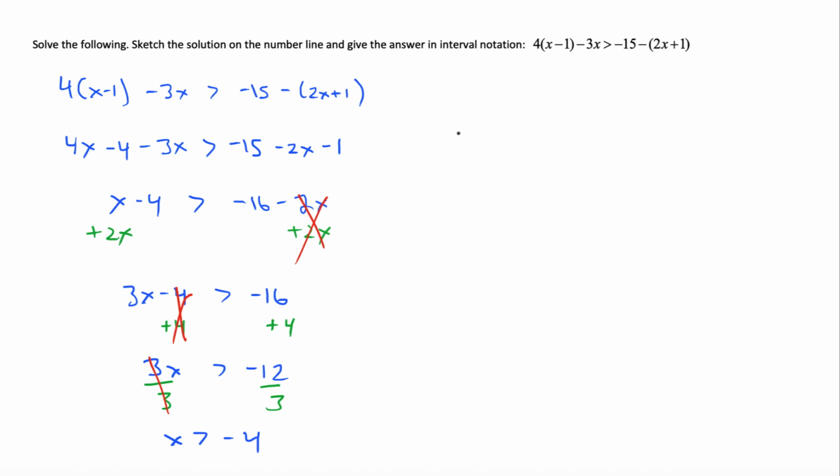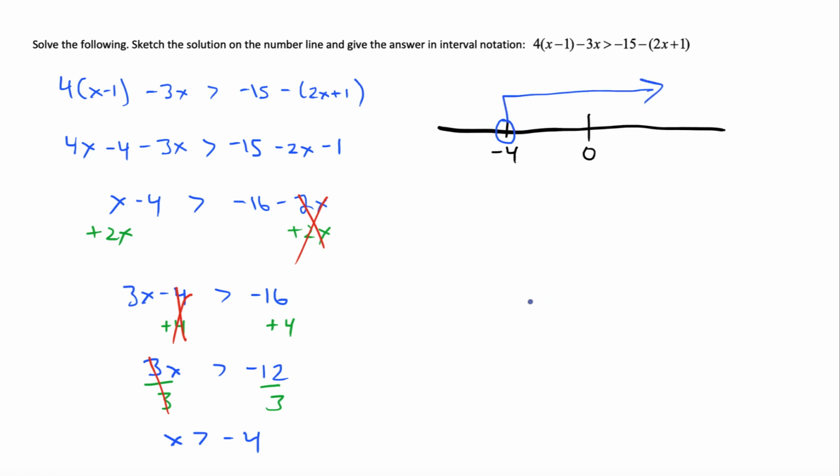So when we draw our number line, let me put 0 just for reference and put negative 4 here on the left side. Because we're strictly greater than negative 4, we should have an open circle at negative 4, and we want to denote all the numbers that are greater than negative 4. Greater than means going to the right. All the numbers, as you go to the right, get larger and larger,